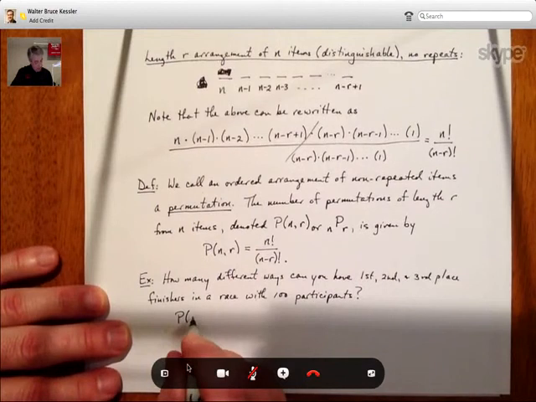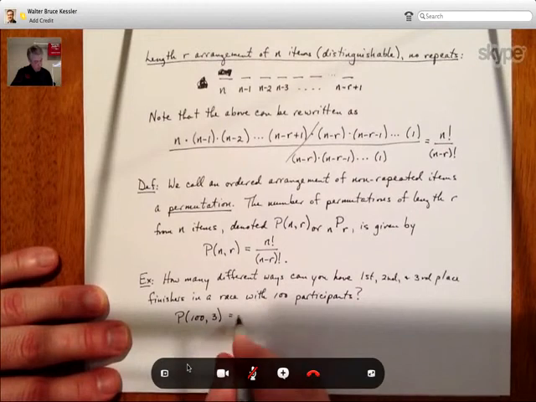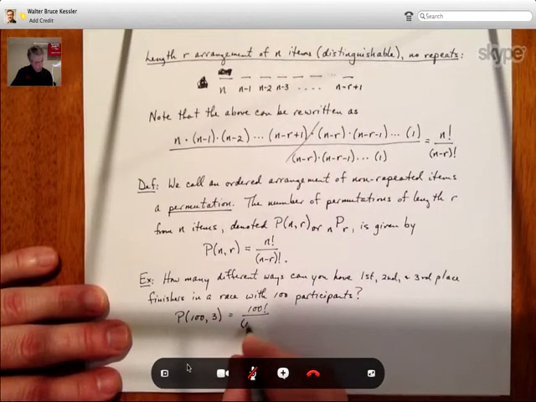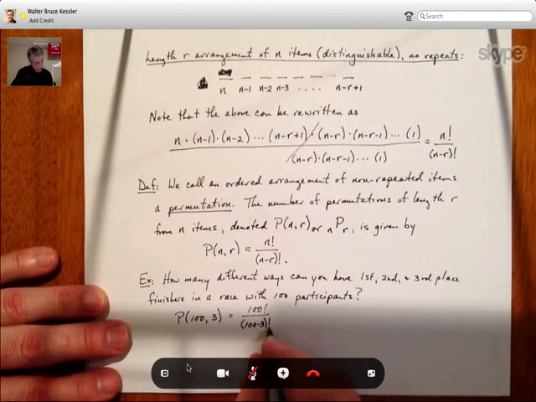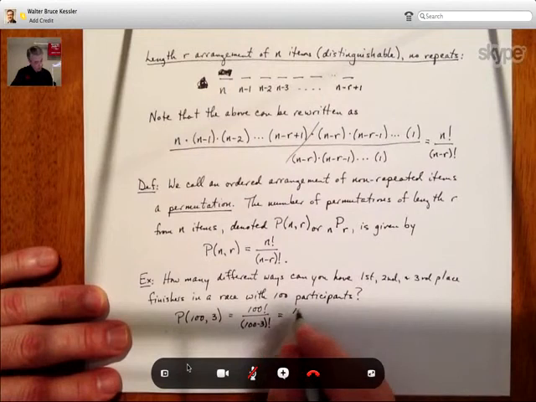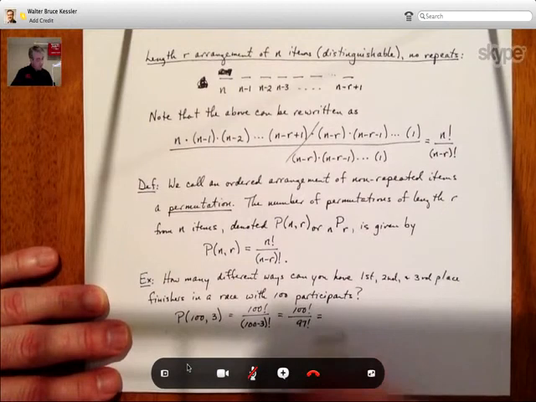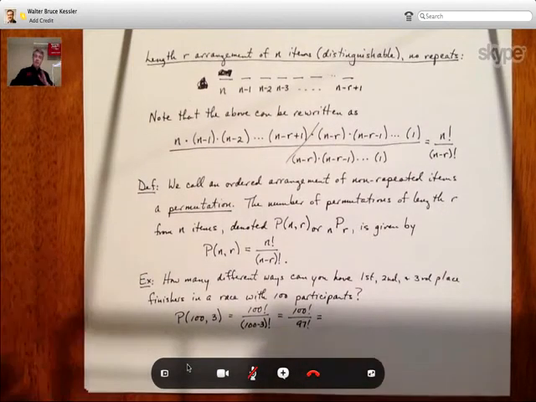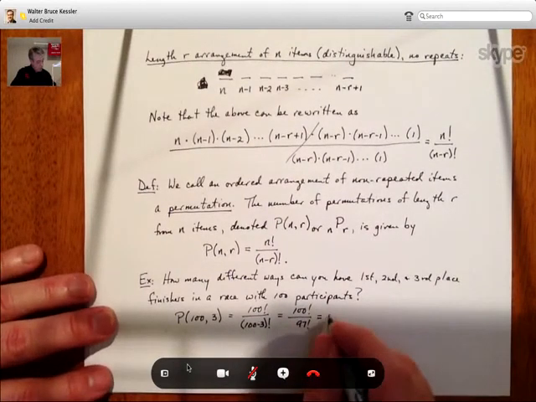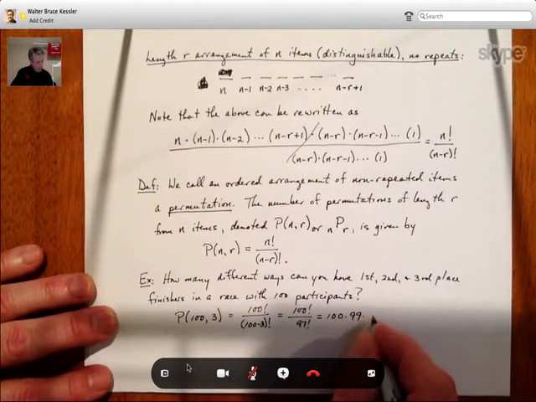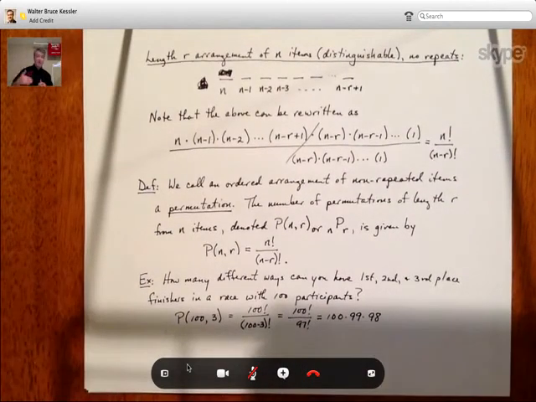So what we're talking about here is 100 pick 3, which is 100 factorial, which you do not want to plug into the calculator, over 100 minus 3 factorial. This is 100 factorial then over 97 factorial. But what we really want to do to calculate this is, okay, from 97 on down, those things cancel out. And so this is 100 times 99 times 98,